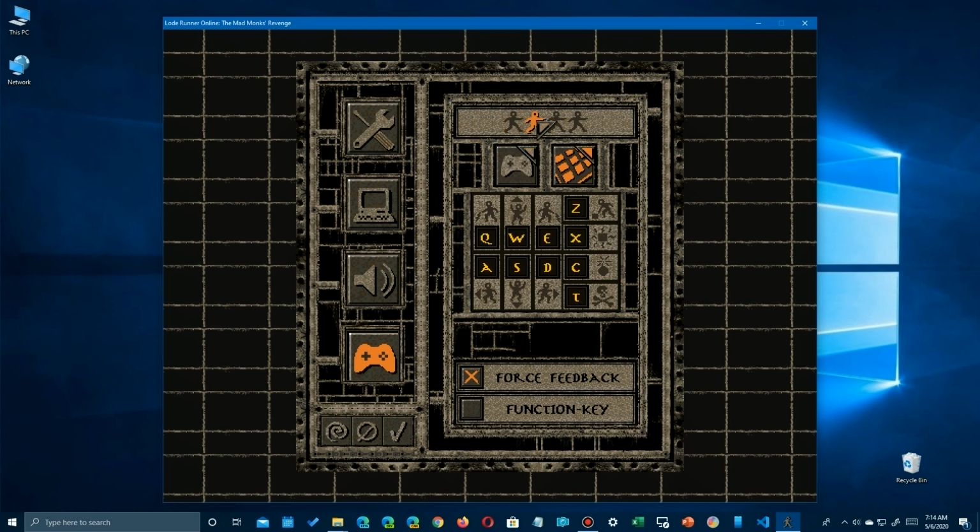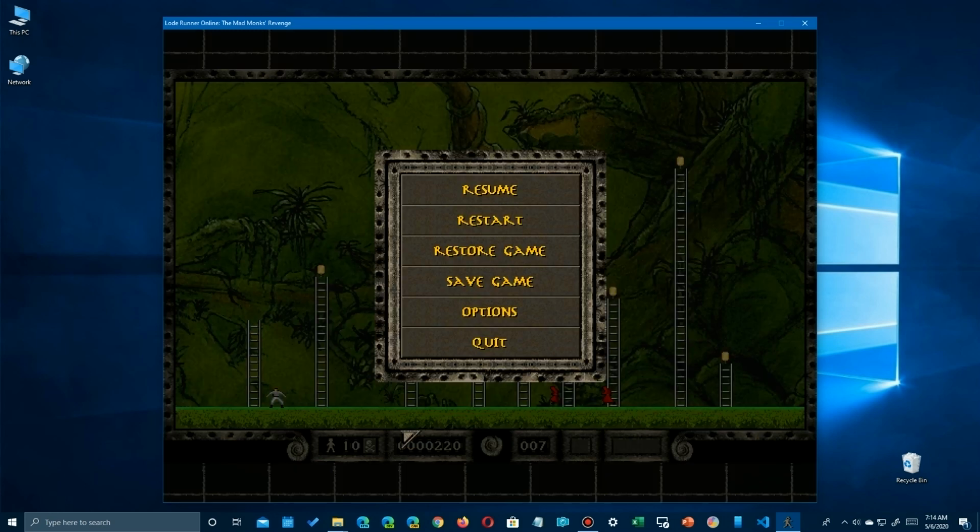that each one of those things do. You click on the next player, and of course you would set them up for different things, and also for third and fourth players as well. And by the way, if one of your players is using the joystick, you can turn on or turn off force feedback. I haven't investigated function key support, but it allows it to do certain things, I'm guessing, for saving